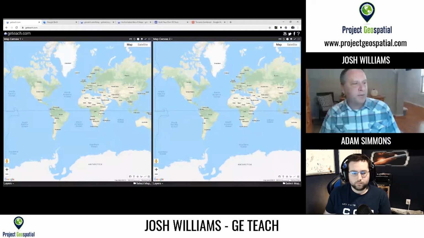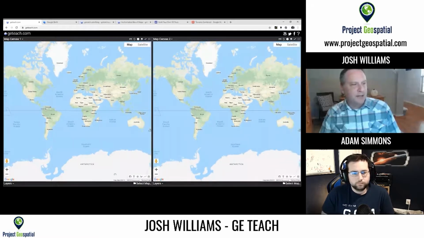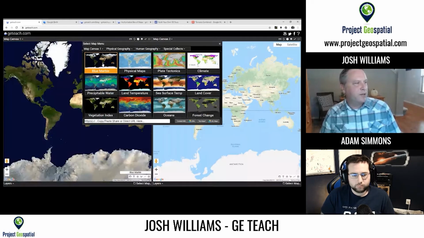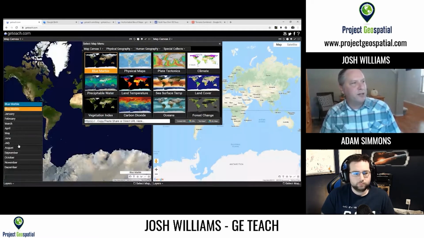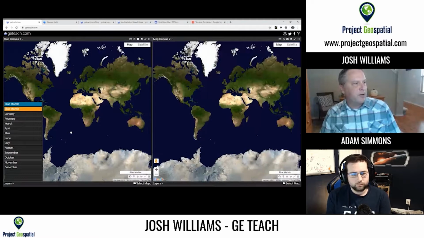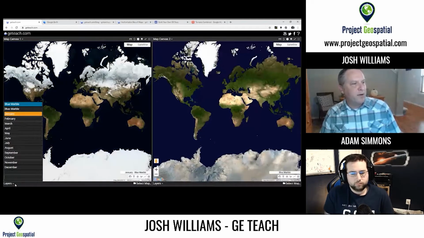You can see that they mirror each other, their movement. I can select different layers on what I call canvas 1 and canvas 2, or left and right. You do that by selecting this map, and then just select a data set. Once you do that, you have all of these layers that show up. What I just clicked on was Blue Marble from NASA, and I'm going to put Blue Marble on the second side too. So right now I'm looking at two Blue Marbles. I'm going to change the left one to January, and then I'm going to turn the right one to